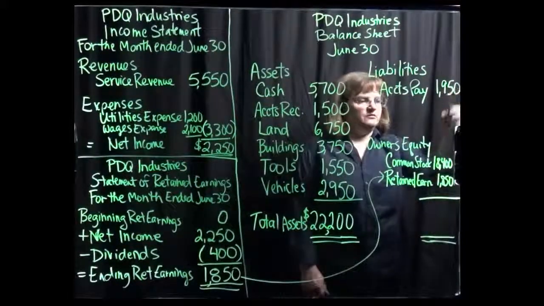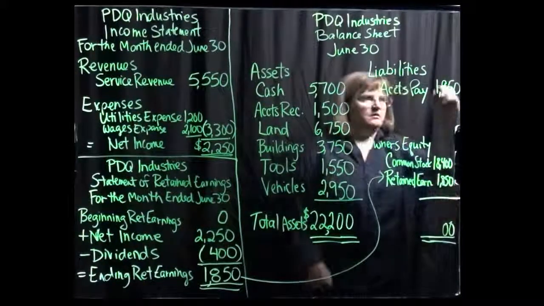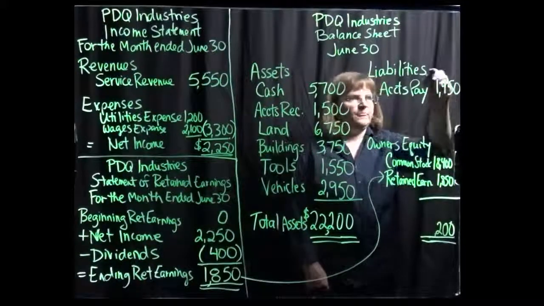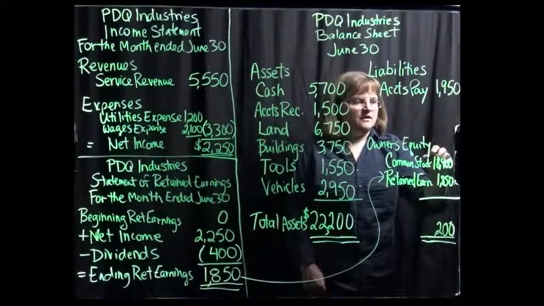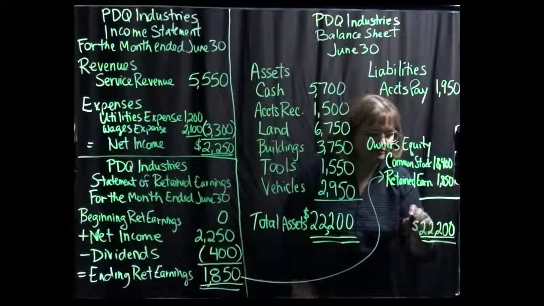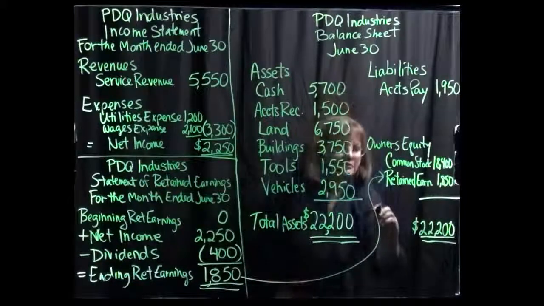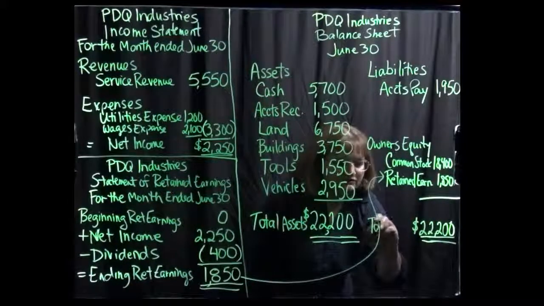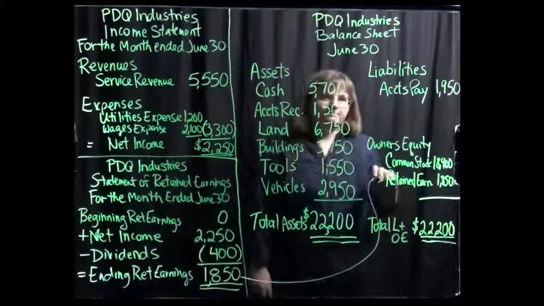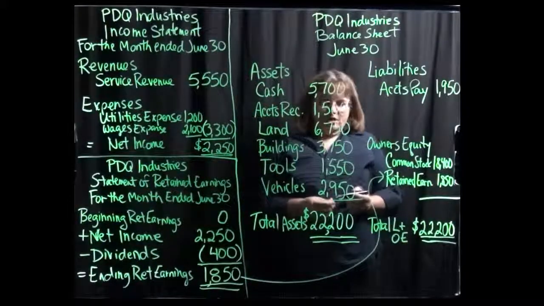So 0, 0, 0, 5, 10, 10, 14, 22, looking good so far, 3, 11, 12, and indeed we do end up with the $22,200, our balance sheet balances, and of course this label we would have given as total liabilities plus owner's equity. Alright, so you can see here we have a complete set of financial statements minus the